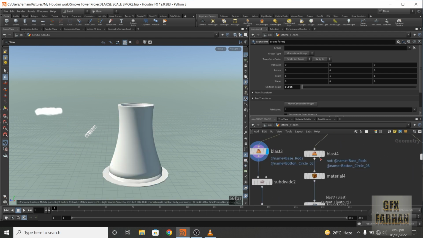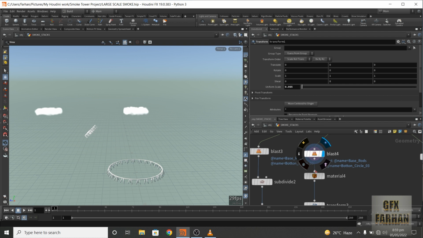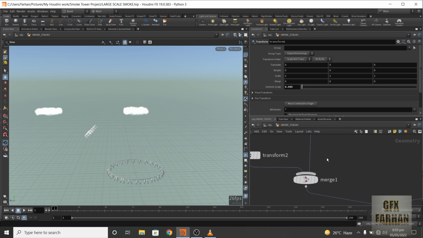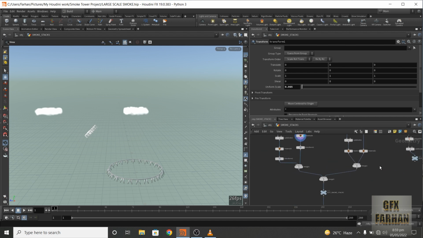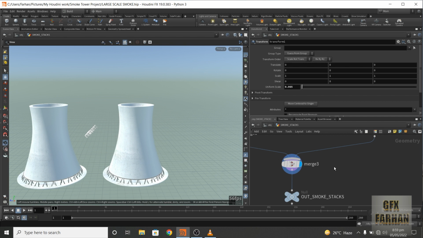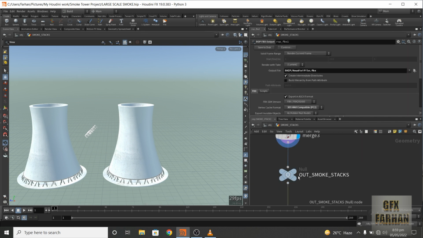Here I add some blast nodes by separating them. This is null, and then